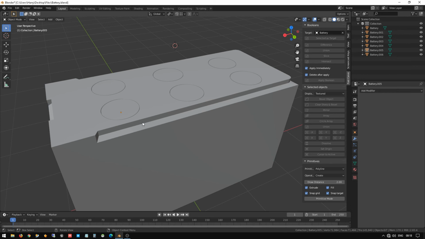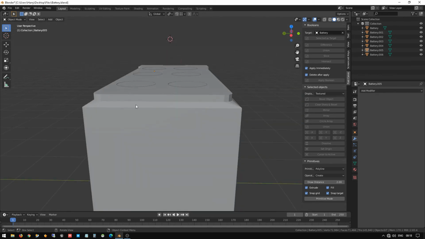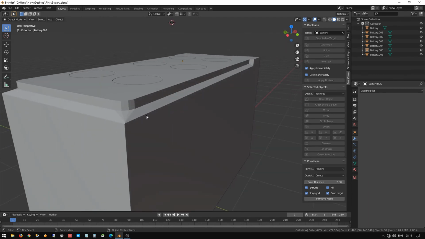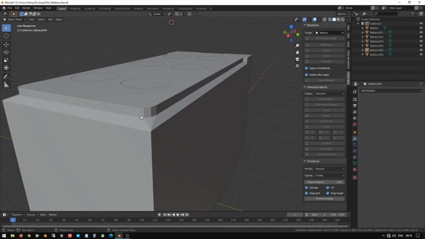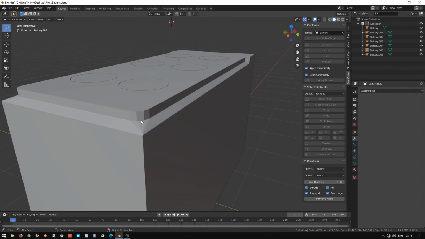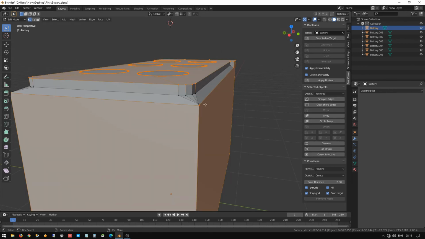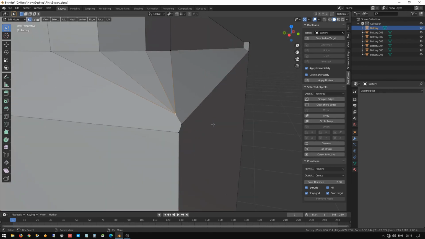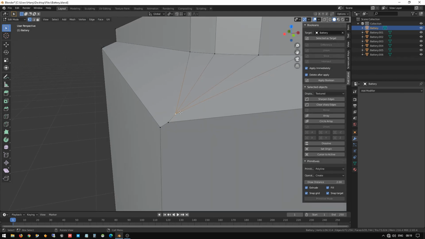After creating this, you can see here the corners, everything is not smooth, and it's edgy. We are going to smooth all the edges to make the object smooth. So before that, select the battery, go to the edit mode. Here select this vertex, and you can see it's not created properly. All these edges should be in this corner, but it's not created properly. So what we are going to do is,